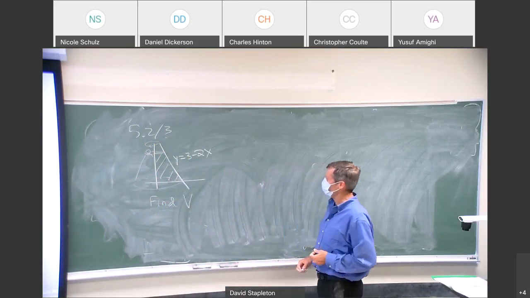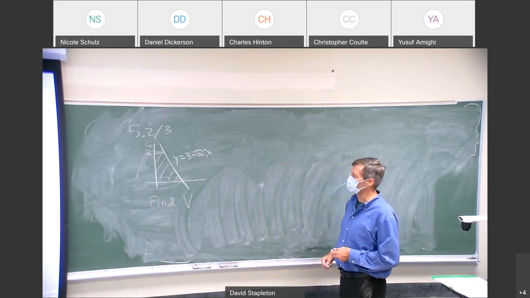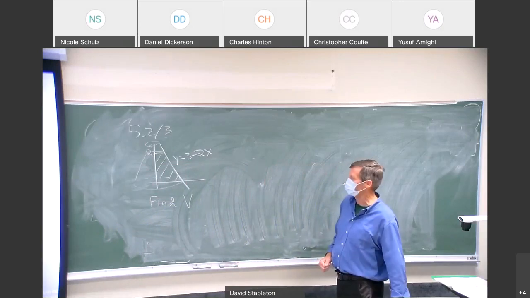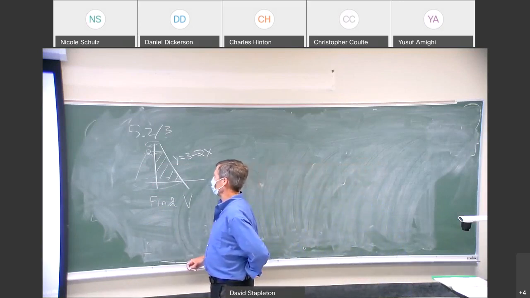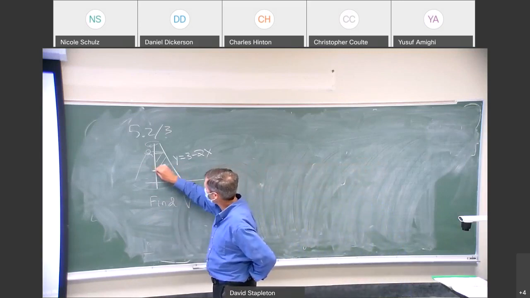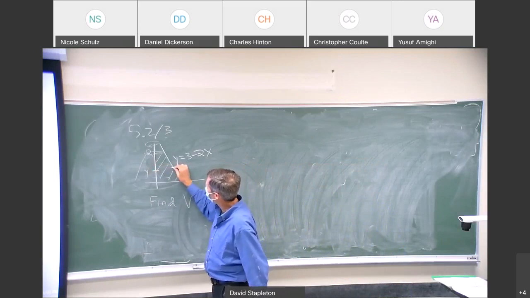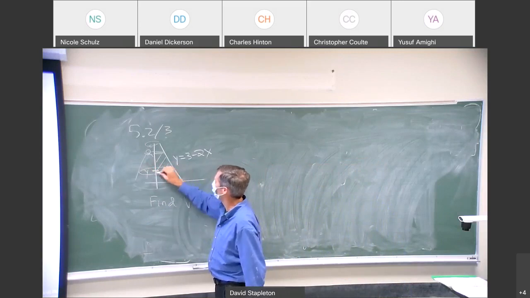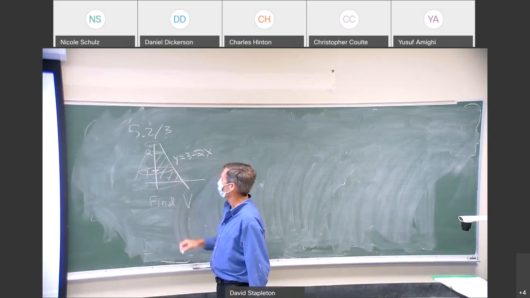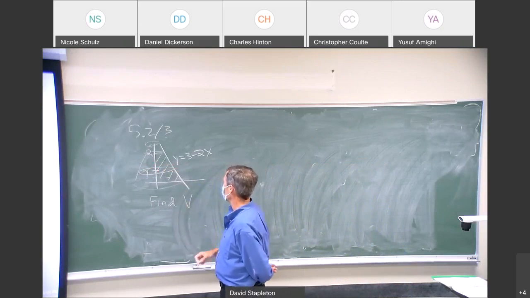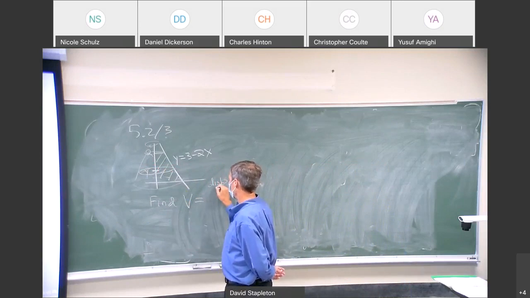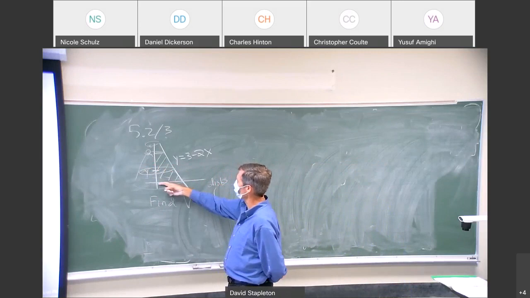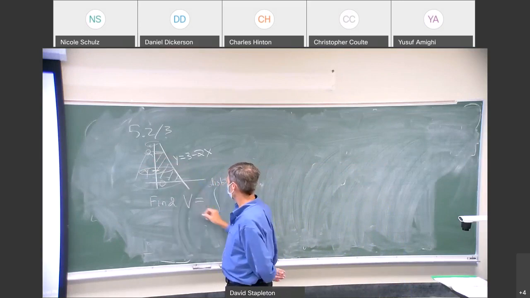Come up the first test, you can use different methods on this. I think either the method of cylinders or the method of discs will work. What you do on this one is you notice when you revolve around the y-axis that if you take a cross-section, the cross-sections are washers, right? There's no hole in the middle, perpendicular to the y-axis. So the volume formula using the method of discs for this one would be the integral, y going from its minimum value here at 0 to its maximum value at 2,